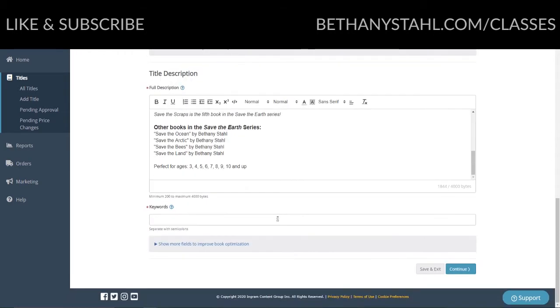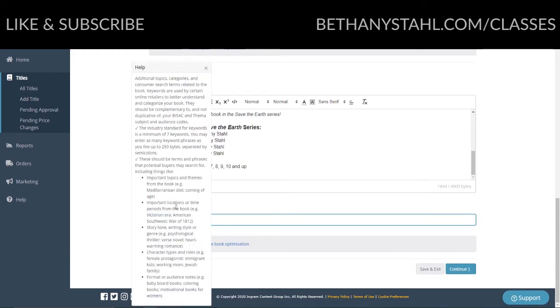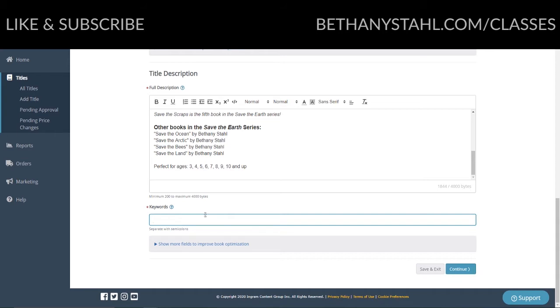Good enough. Keywords. So this is kind of like on Amazon, what you want keywords for people who are going to search your book. So they give a bunch of different examples like important locations, important topics, the tone or writing style, so like psychological thriller. So this is obviously more for older books, but you can do children's Earth Day book, or Children's Earth Day, Earth Day,